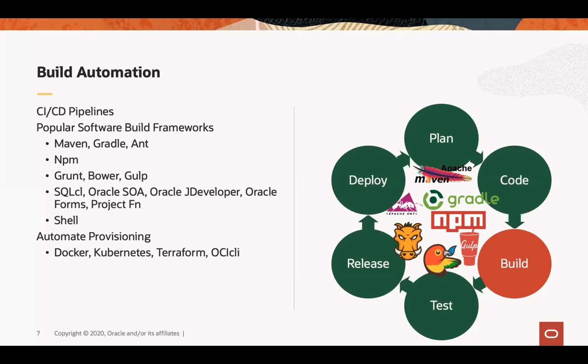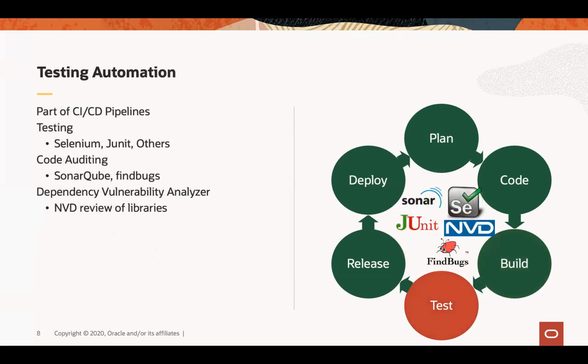We also support Docker, Kubernetes, Terraform, and the Oracle Cloud Infrastructure command line interface if you need to do things like spin up environments in the Oracle Compute, set up your network. You can basically run your Terraform scripts to define your whole environments. You can then spin up Docker images, deploy them to Kubernetes cluster, and automate all of this as part of Visual Builder Studio.